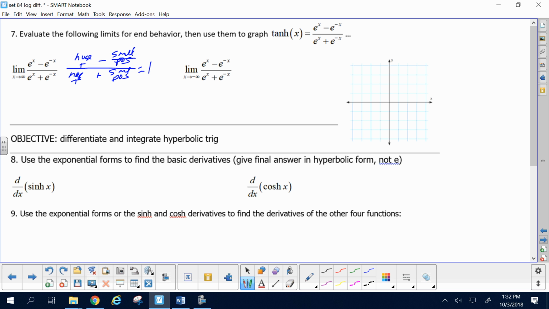Not quite, because now that it's going to negative infinity, this would be more like 0 minus huge positive over 0 plus huge positive. That's not going to approach 1. That's going to approach negative. So the end behavior for inverse tangent